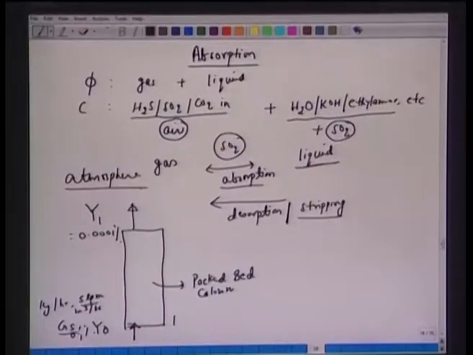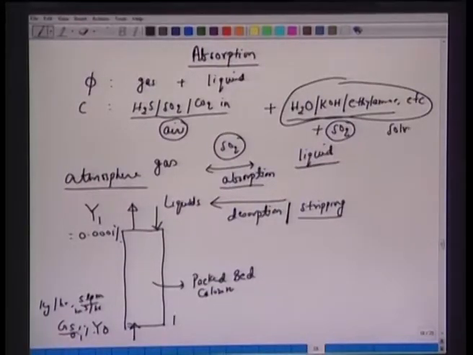To do this, we have been given a fluid, one of these fluids. So, it is a liquid, one of the liquids as a solvent. So, this liquid is given as the solvent, and we have been asked to reduce this concentration from Y0 to Y1.